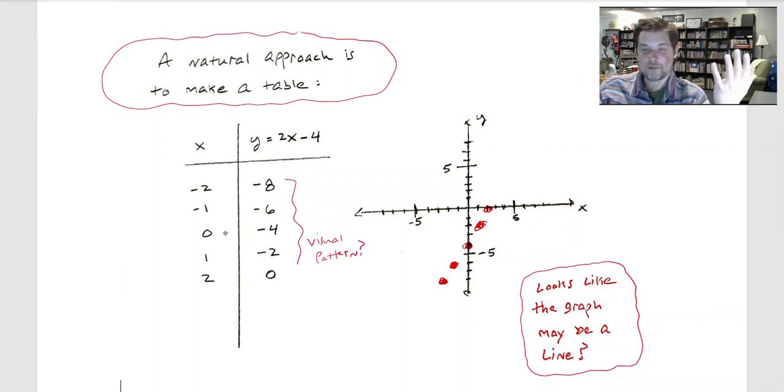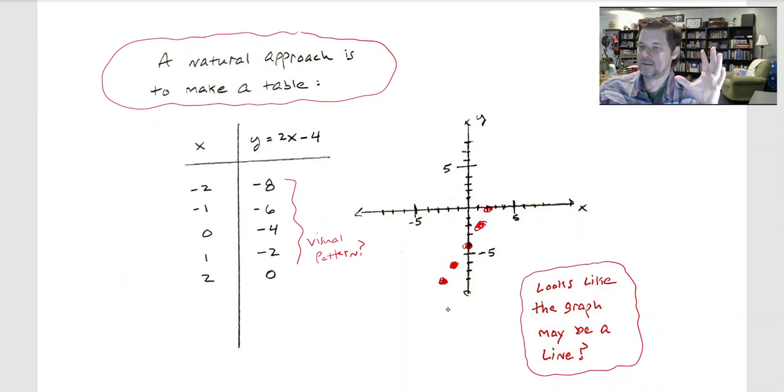But here, I've got an array of numbers. I've got some negative numbers. I went through 0. I've got some positive numbers. It kind of looks like I've got a little bit of everything. Okay? So, what I did here is I took those x's and I plugged them in here, and then these are the y's that I get. All right? So I did all the math there,